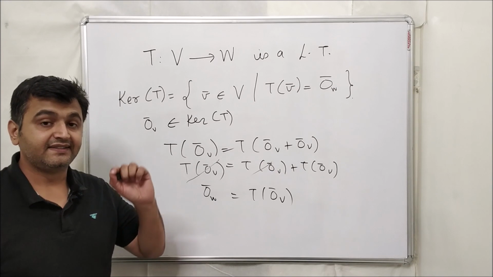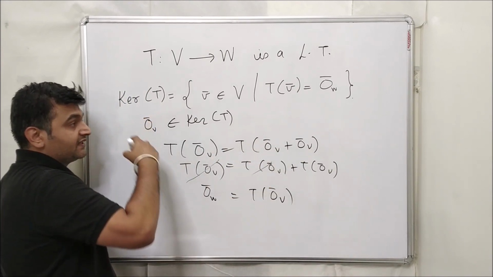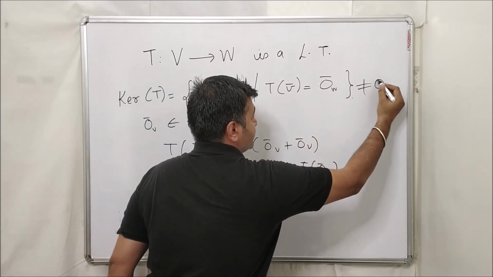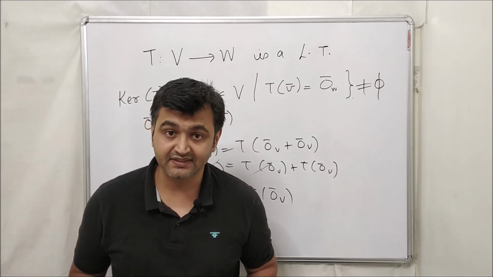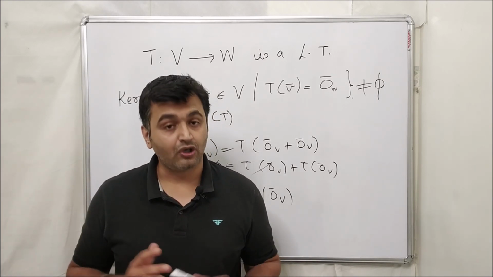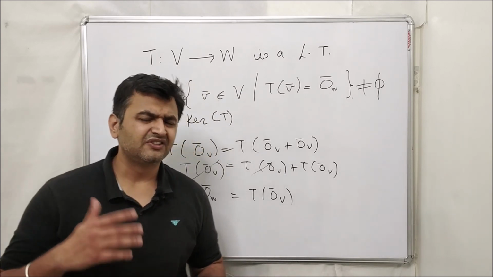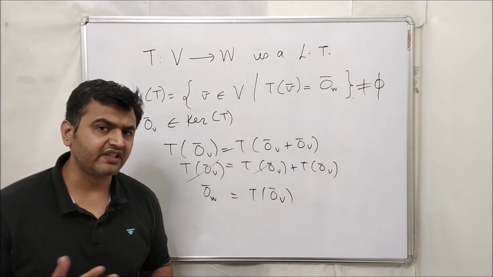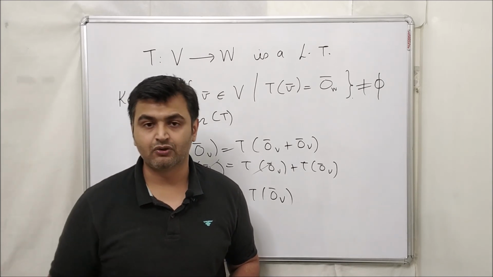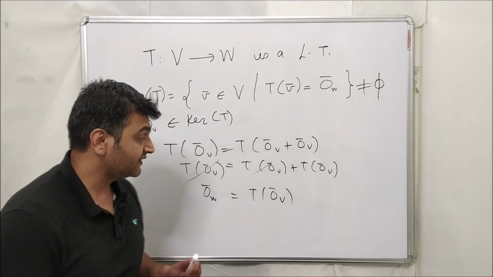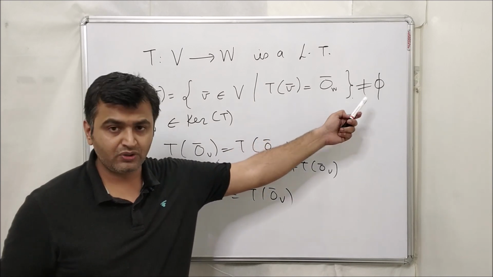So I know that 0 always goes to 0, and therefore the 0 vector will always be in this set, and therefore this set is non-empty. So under a linear transformation between vector spaces, we know that the kernel is always non-empty, and therefore it makes sense to study the kernel. Once you study higher linear algebra, you will realize that there is a notion of isomorphism theorems and a notion of quotienting out the set, and there this plays a very crucial role. But that's one importance I told you: it's non-empty.